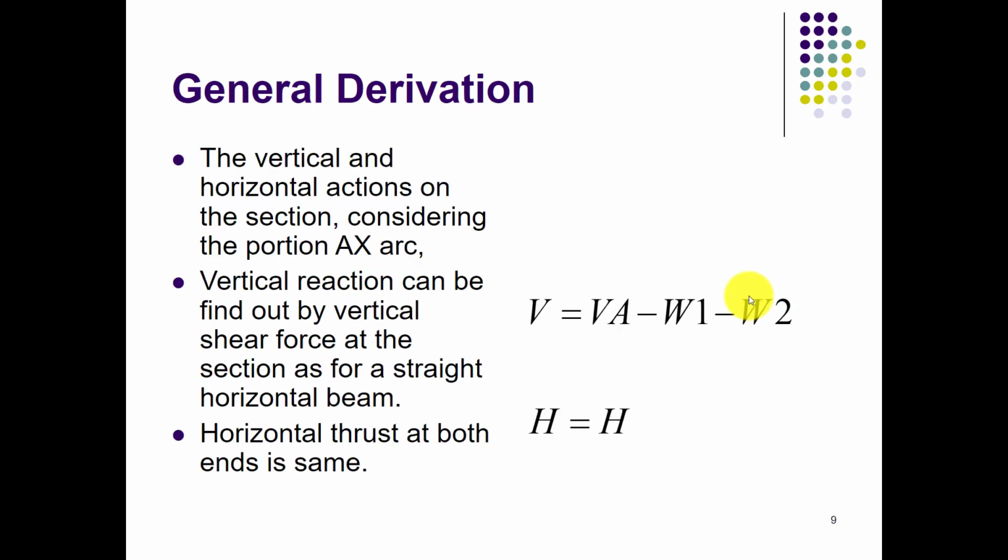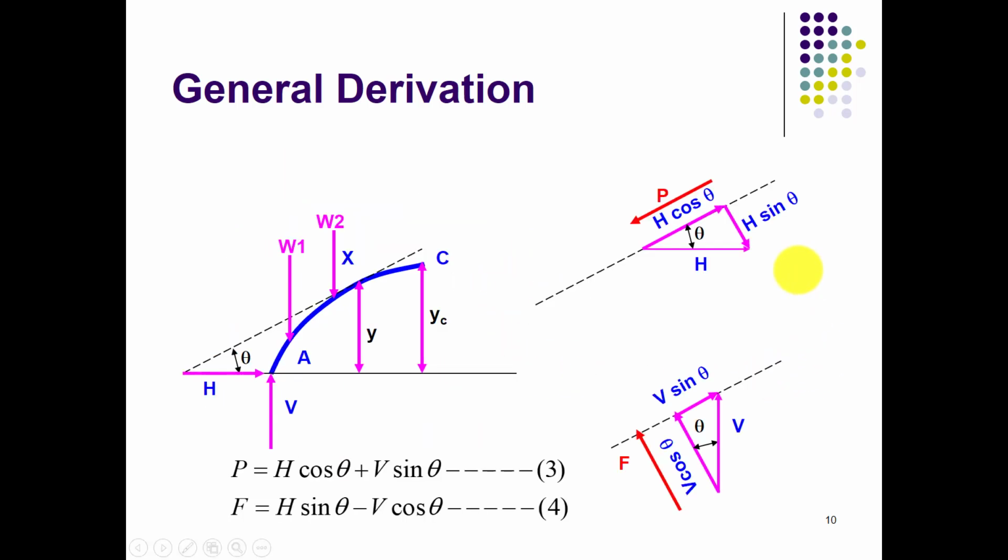This is the case when you have to calculate the amount of shear at any section. So this is a section taken at point C. Here are the external and internal forces acting. W1 and W2 are the external forces applied, and V is the shear force, or you can say reaction at support. H is a horizontal reaction.